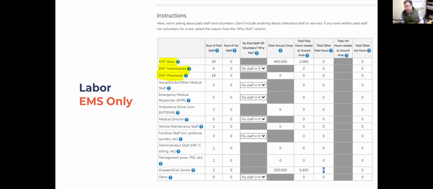So really what we're doing is on the first day of the year, we're taking every employee and we're assigning them to a specific category within the EMS response staff. We're going to keep them there, but we're going to take whatever compensation they ultimately earned and report that in total.